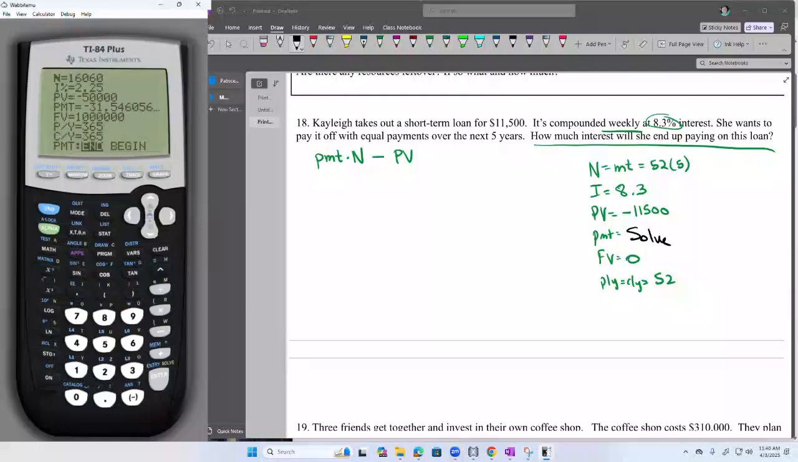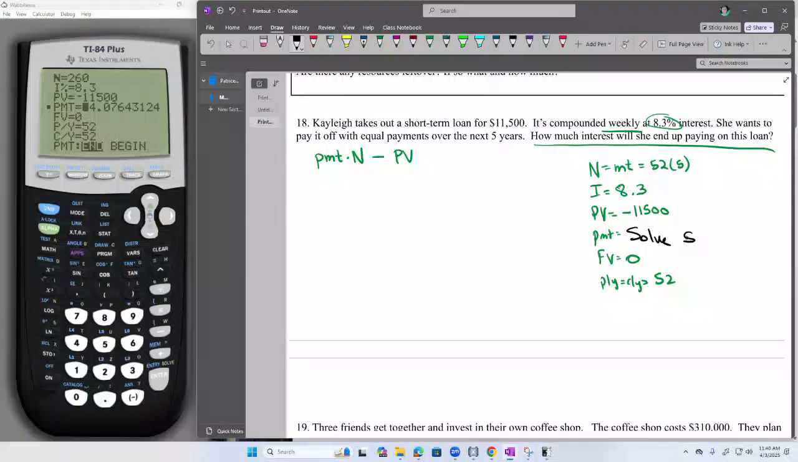So I'm going to type these in. Finance, apps, TVM solver. 52 times 5, 8.3. Alright, put my cursor back up on payment and hit alpha enter. Did y'all get 54.08? Did y'all not get 54.08? Yes. So for our payment we have